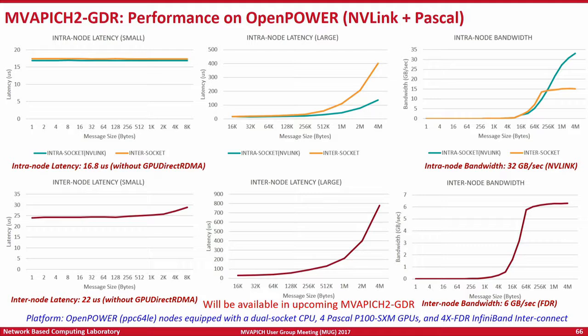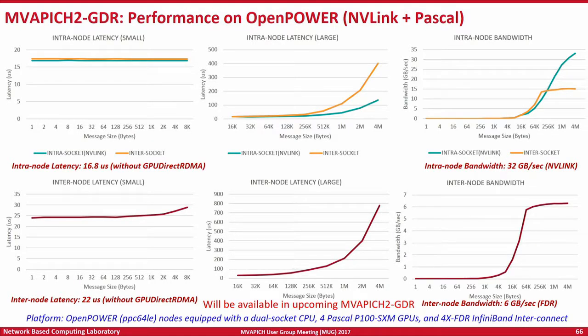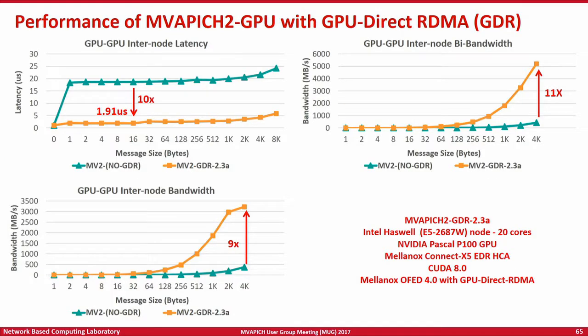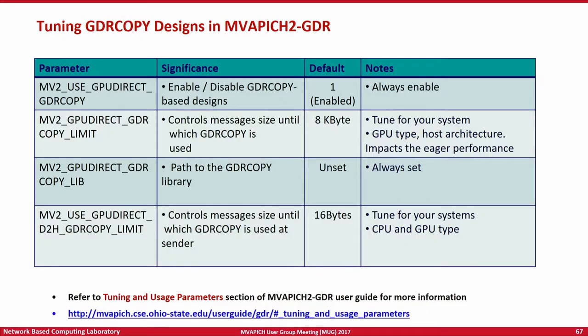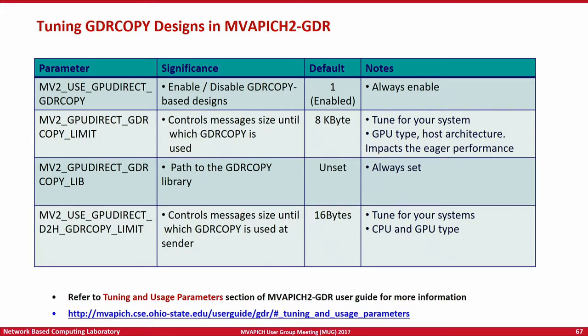Just like with MVAPICH2, and I think Craig Tierney had highlighted some of these environment variables in his talk as well, there are lots of environment variables that you can use to tweak the performance. Now going back to your question, Srinivasan, you had asked why we are exposing these things, right? We had set these to what we thought were the best values. But Craig ended up running it on a different system with a different number of HCAs and a different GPU architecture, which we did not have access to. So if we had not provided these environment variables to him, he would not have been able to tweak it and get the kind of performance he wanted.